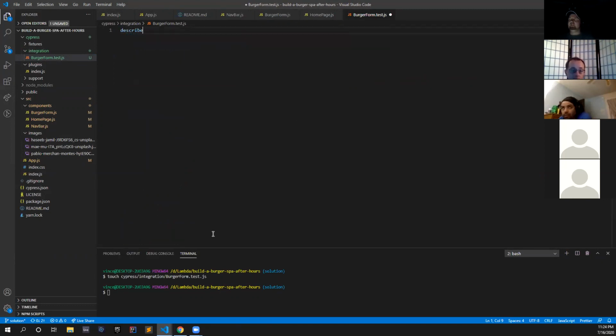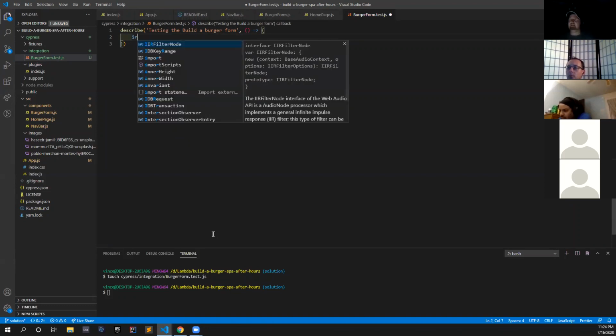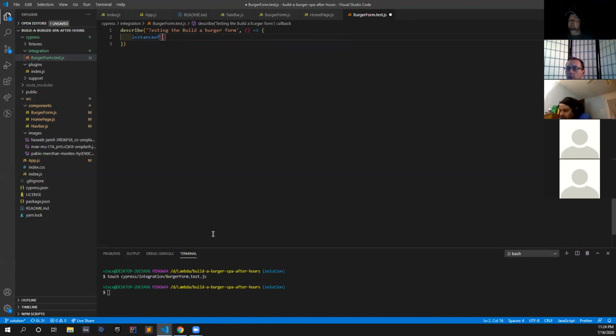Describe, I think, is, and let's see, describe, testing, build a burger form. I think that's going to take a callback for the second argument. And here we can have our tests, right? So it,